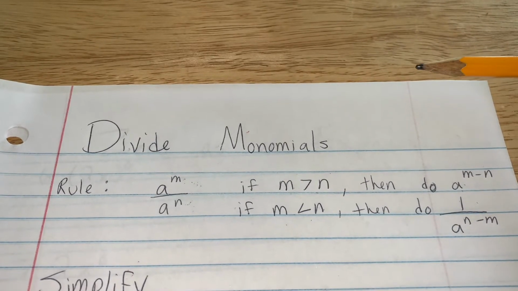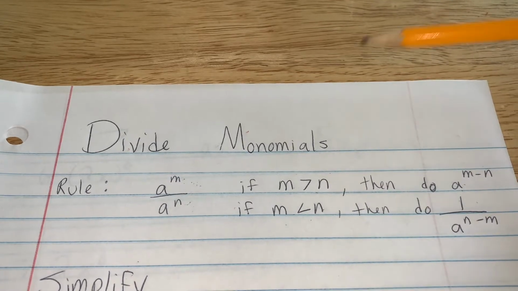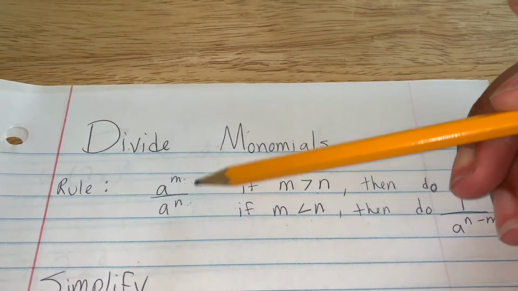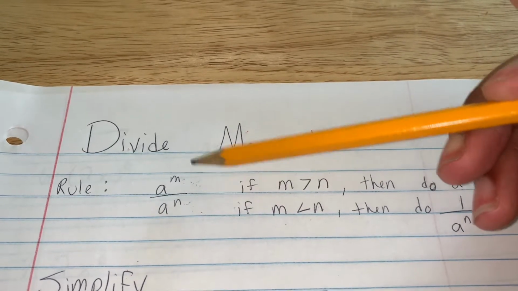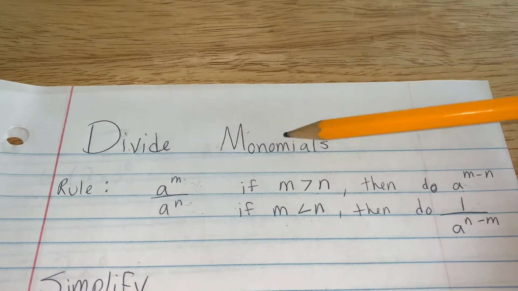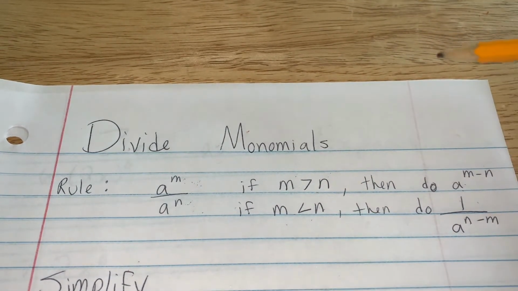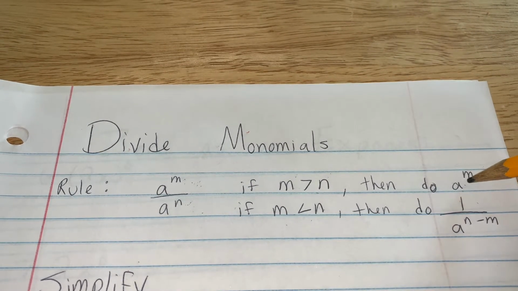This video will go over two different things. The first thing that we're going to go through is dividing monomials. So when you divide a monomial, you want to look at the exponents and you're going to subtract your exponent. Now, depending on which exponent is greater, it's going to determine where you put your base, either on the numerator